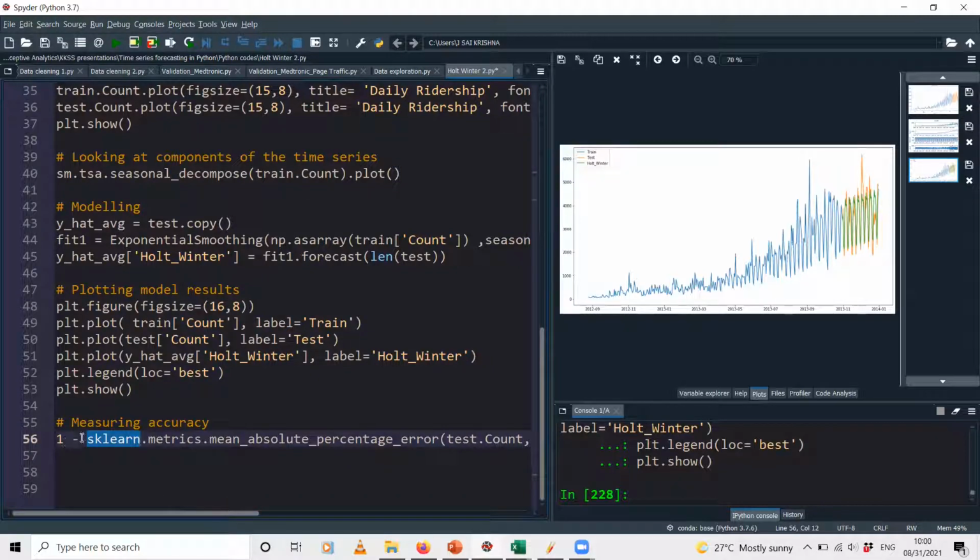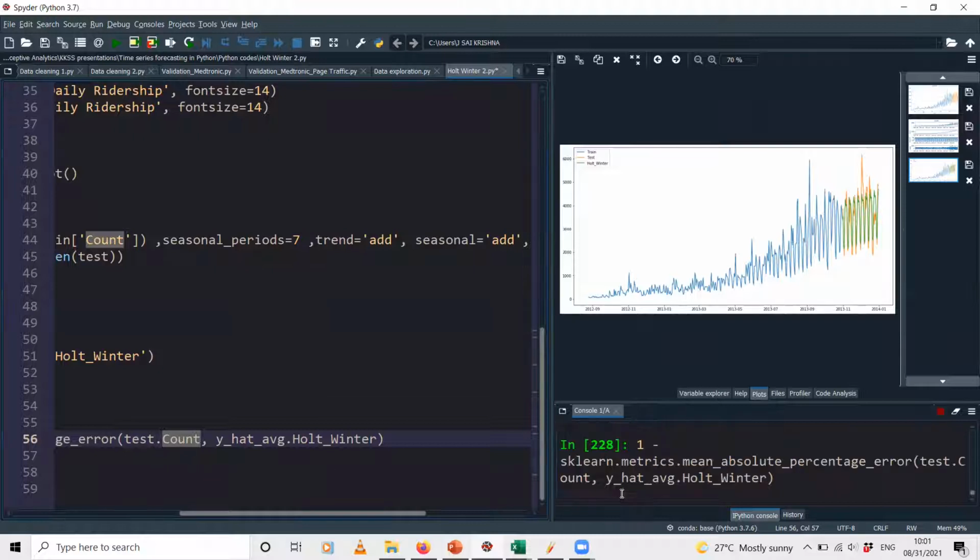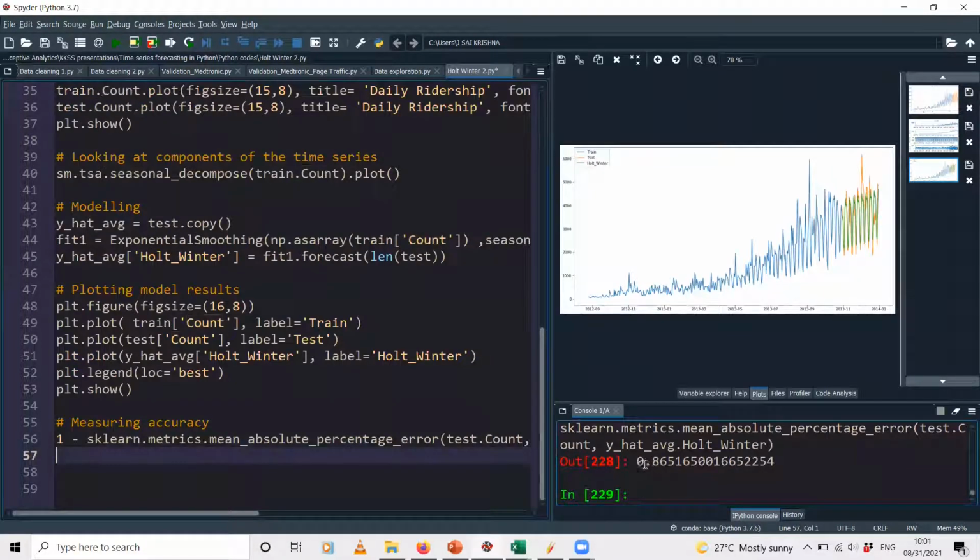So I'm just saying 1 minus this MAPE. And the MAPE I'm calculating between the original values of the count and the predicted Holt-Winters values. So just two parameters this MAPE function takes. I'm running this line, and you can see that the value that I'm getting here is 0.86, which translates to 86% accuracy.